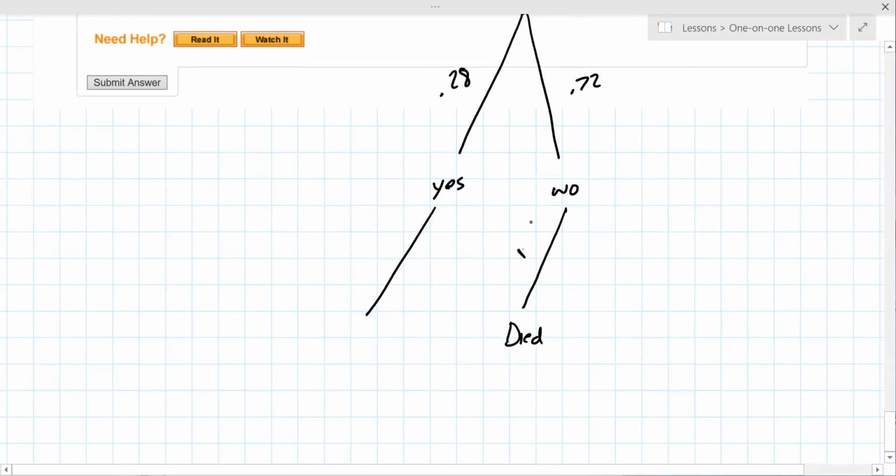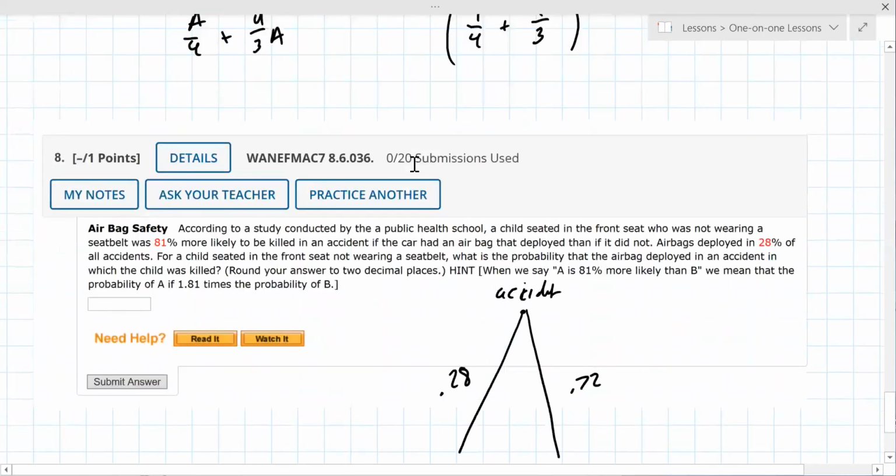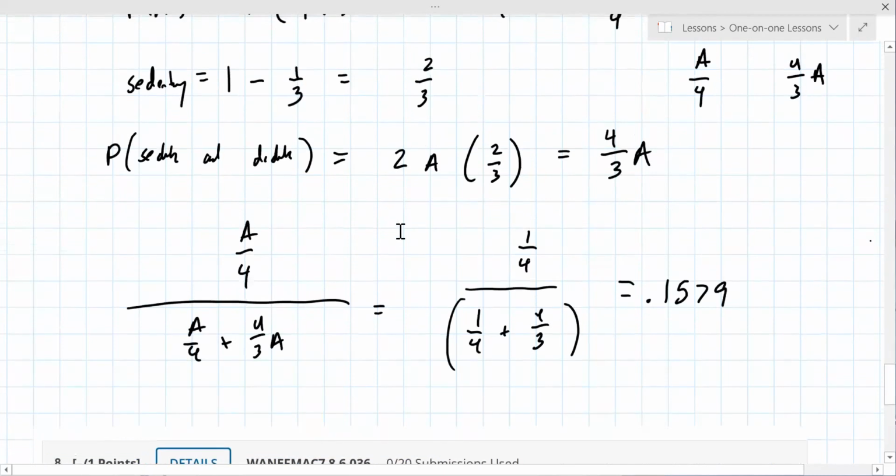Yeah, so this hint down here at the bottom is very helpful. This 1.81 times. So I just got to get the right, because it reads awkwardly. It's like if the airbag deployed, they were more likely to die. So this is X, and this is 1.81X. So if they go down this path, and maybe that's what we did wrong on the previous one. Well, that's probably why they doubled it. Anyway,